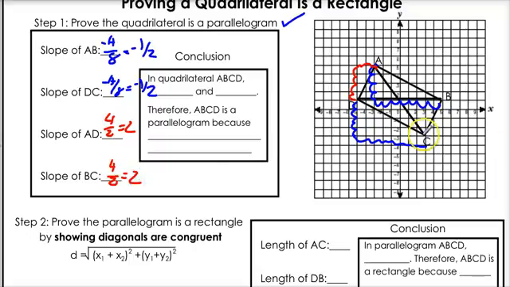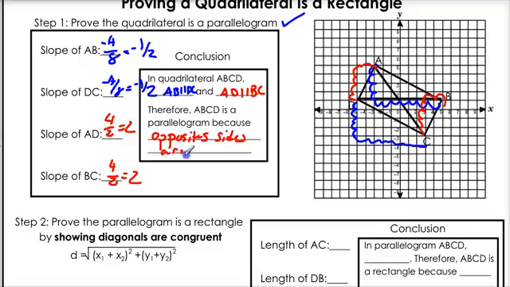These are all the slopes. 1, 2, 3, 4, 1, 2. That's for all the non-believers. Now you've shown that the opposite sides are parallel, so we know it's a parallelogram. So we're going to write a conclusion now, because we always write our conclusions. We know that AB is parallel to DC, and we also know AD is parallel to BC. Therefore, ABCD is a parallelogram because opposite sides